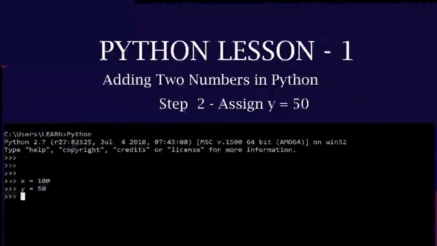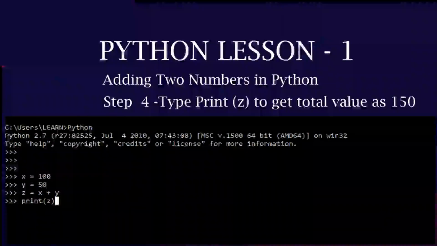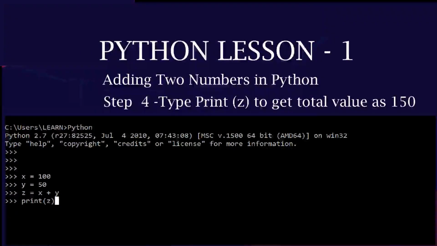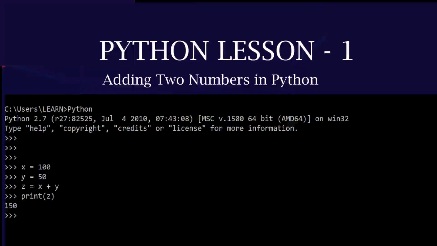In Python prompt, as you see, type x and assign it value with 100. Press enter. After that again type y and assign it value with 50. Right. Press enter and again assign z. The value should be x plus y under the bracket. After pressing enter,